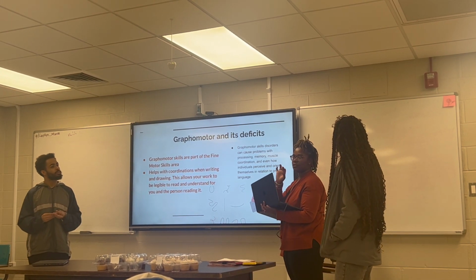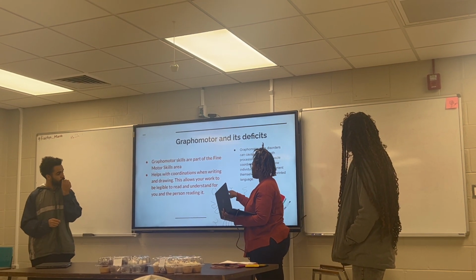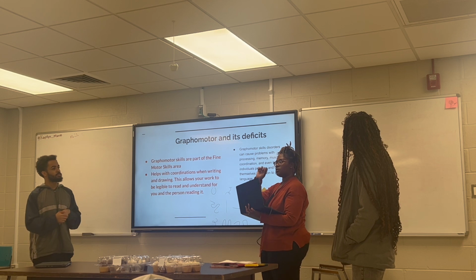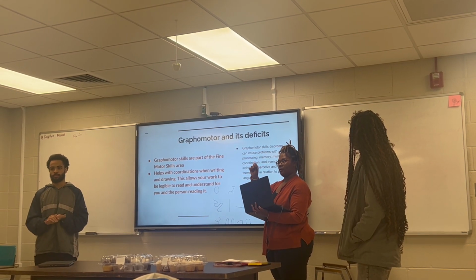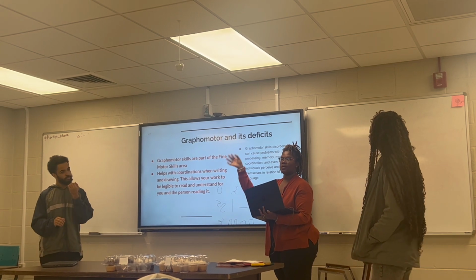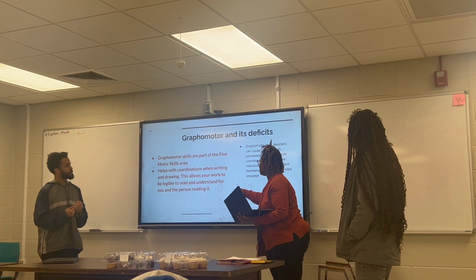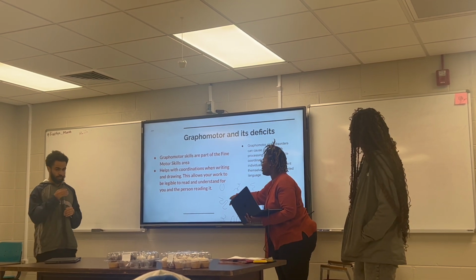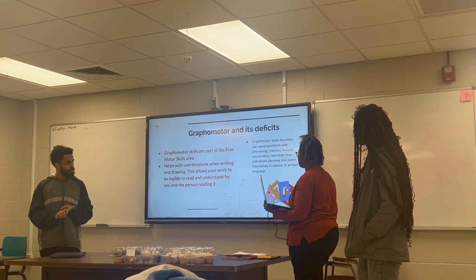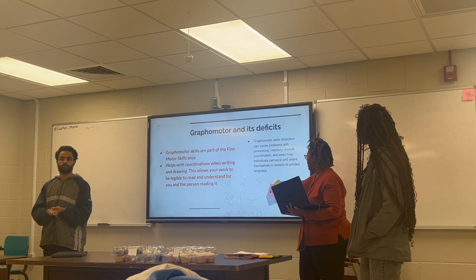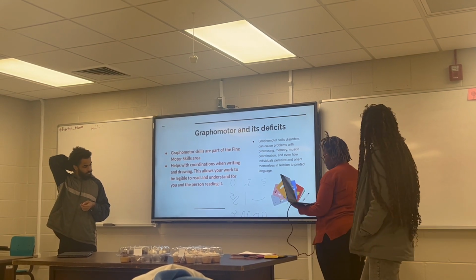The pictures down here are tools you can use to help children who lack in this area. Having all the circles and squiggly lines causes a child to actually take their time and move, because most letters have curves, like an S. So having them do the squigglies is a good way. Or you can have cards and a dry erase marker and have them trace the 7 or something like that.